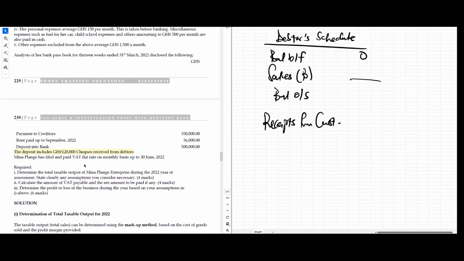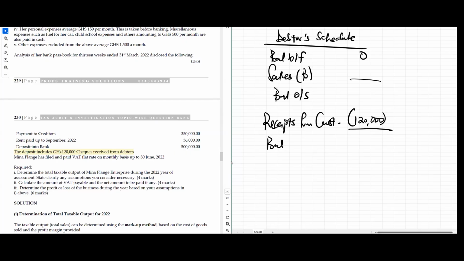So let's go and check. From her passbook, how much did she receive from her debtors? 500,000. No. See, 120,000. This is the total deposit, but not all are from customers. The one that she received is what? The one that came from the customers, the ones the customers paid. Okay. So do you get it? 120,000. So at the end of the day,